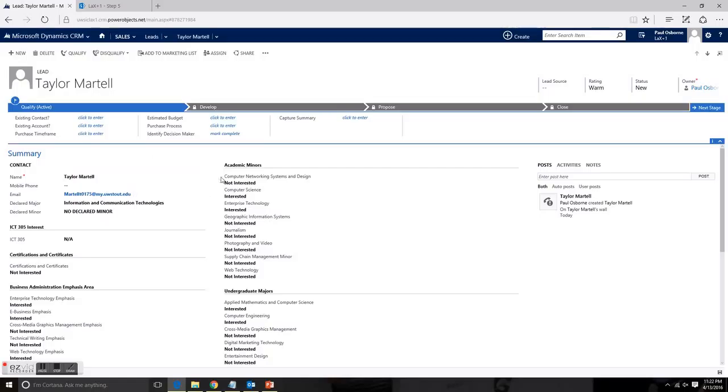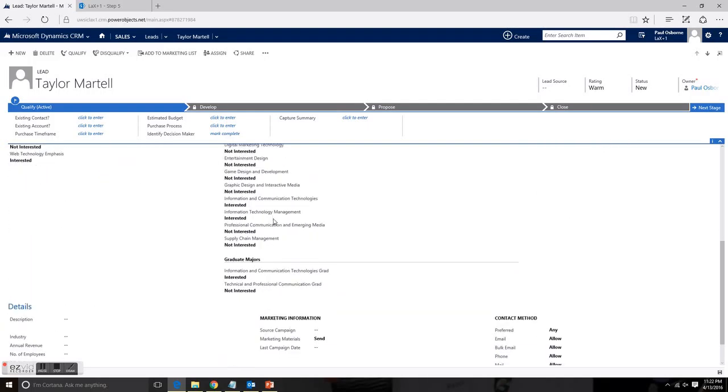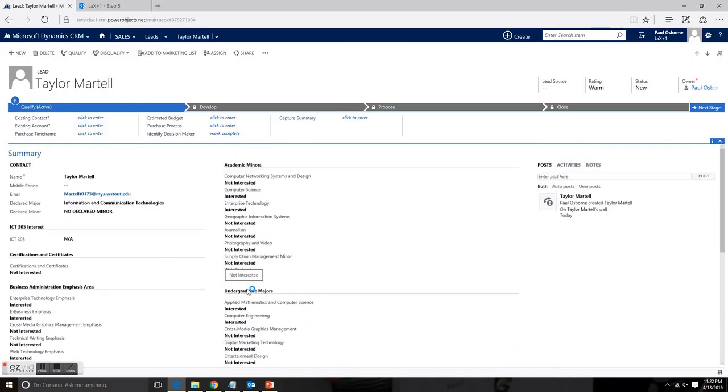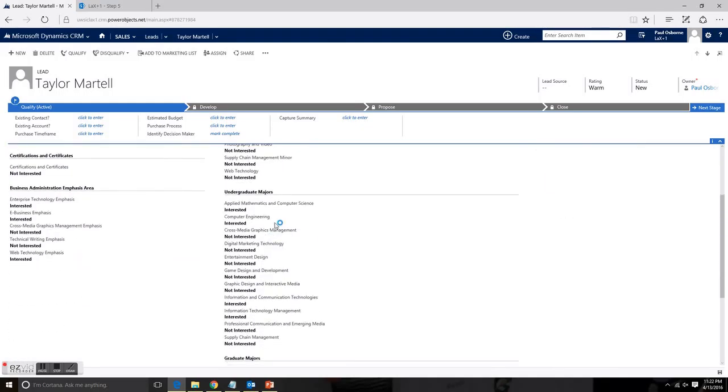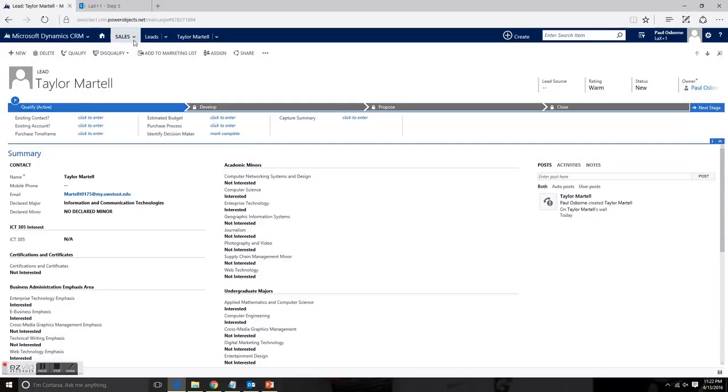So I can look at Taylor's record here and see what he was interested in. Computer science, not interested in the networking systems and design. Interested in the grad program for ICT, not interested in the technical and professional communication program. And now, having all of these as fields, these are all customized fields we added for the lead record type, is now that when we go out to our leads,